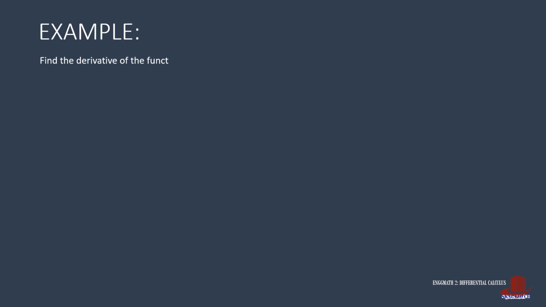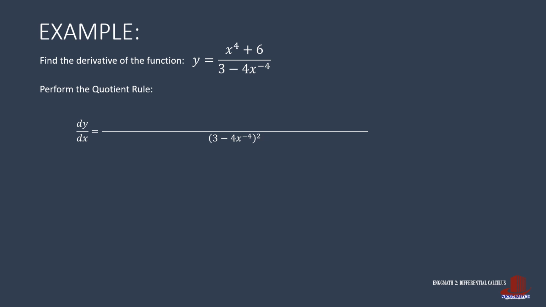The function for which we need the derivative is y equal to x raised to 4 plus 6 upon the quantity of 3 minus 4x raised to negative 4. Let's try to directly use the quotient rule for this case, as there is a negative exponent, which may make algebraic simplification more confusing. Using the quotient rule, we have the square of the denominator, 3 minus 4x raised to negative 4, at the bottom. On top are the product of the lower term times the derivative of the upper term, less the product of the upper term with the derivative of the lower term.